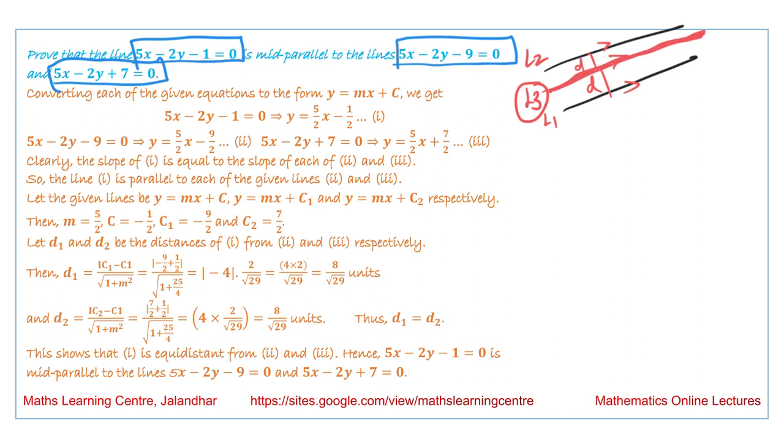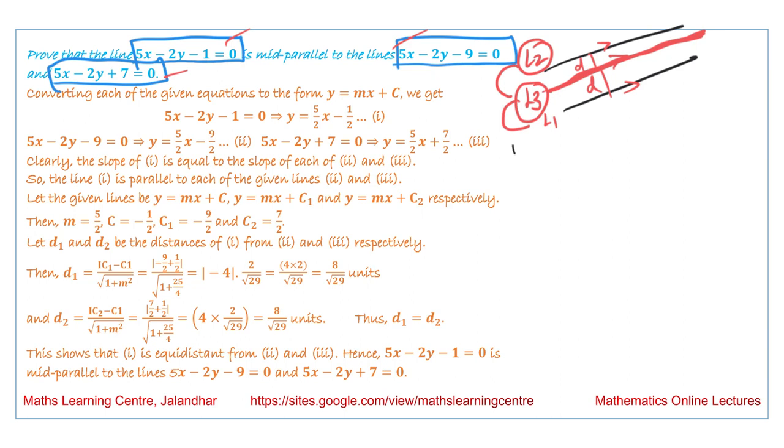these two parallel lines. So what we have to do is prove that all these three lines are parallel. Then we have to prove that the distance between L2 and L3 is equal to the distance between L1 and L3. So we write the equations of all these three lines in the slope intercept form, and we obtain